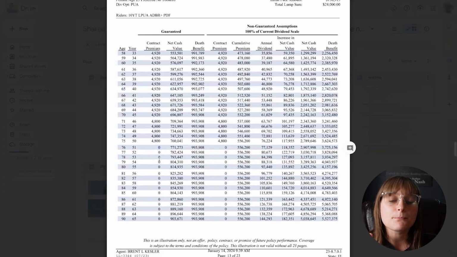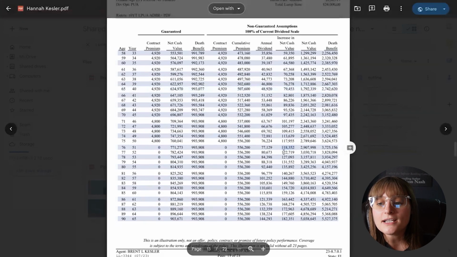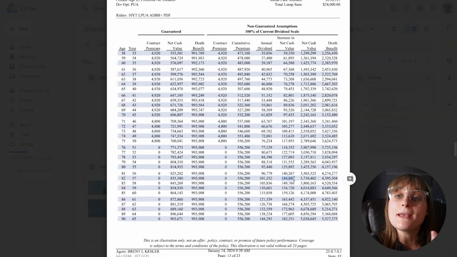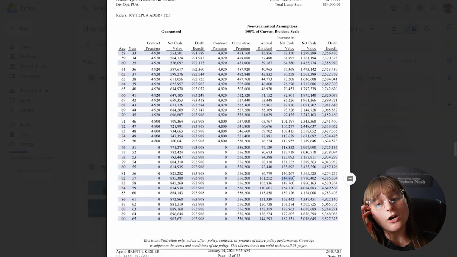Inside of this product, the premiums stop after age 75. Look right here, no more premiums are going into it, but look at that cash value growth every single year inside of that policy. Oh my gosh, you have $120,000 plus every year coming out of the policy. No more premiums are going in, and now you can just use this cash value bucket to fund the monthly expenses. So I think that's huge.